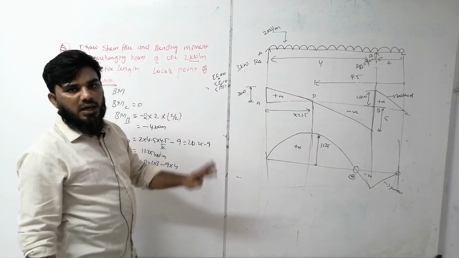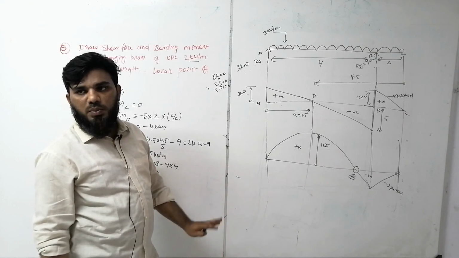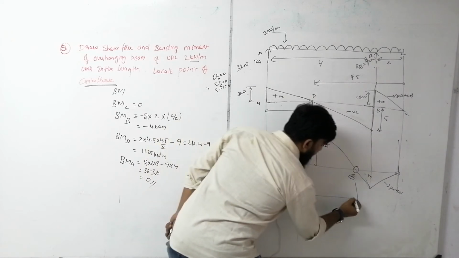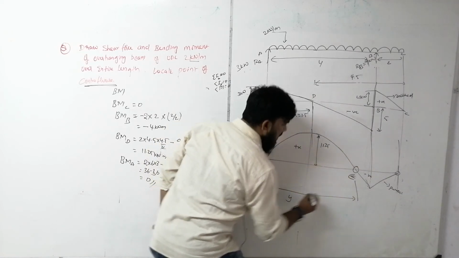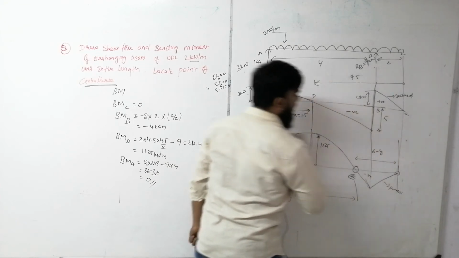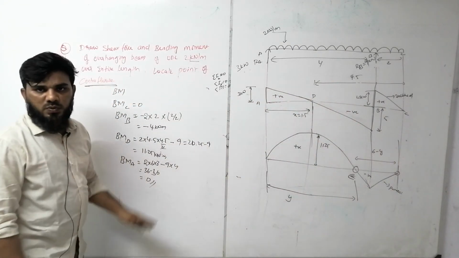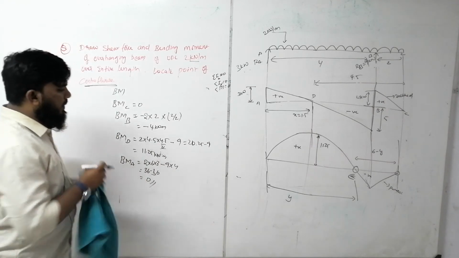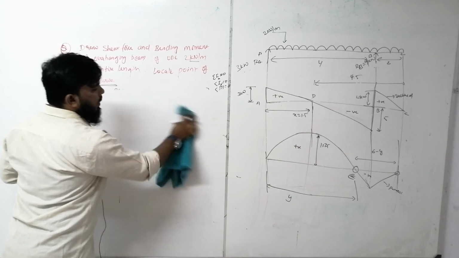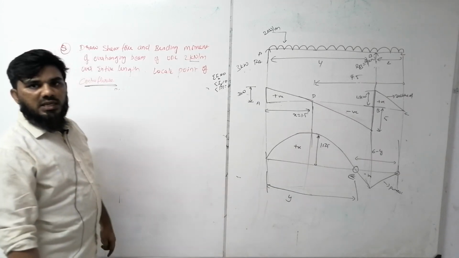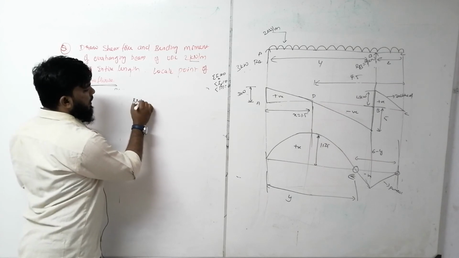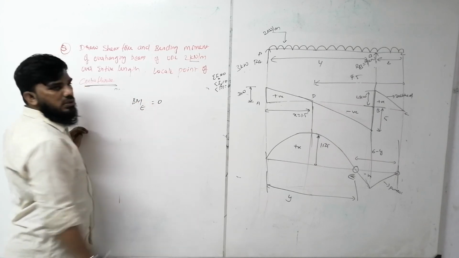So you have to calculate this point. Locate this point means you have to measure the distance. So let us take this length as y. So this is y, means what will be this length? 6 minus y, because total length is 6, means y gone means 6 minus y. So let us calculate this. What is becoming 0 at that point is nothing but bending moment. Okay, so bending moment at point E is equal to 0.